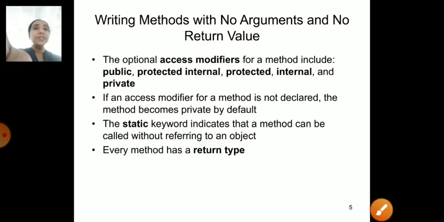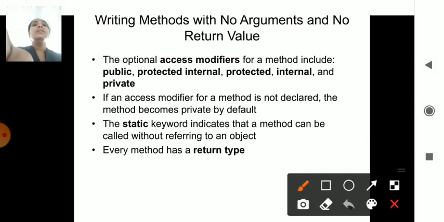Methods can also have their own access modifiers. Access modifiers are nothing but elements which help you in accessing the data, or may not let you access the data in another part. That is the part of the access modifiers. The access modifiers can be public, protected, internal, and private, which we will be learning in future sessions.